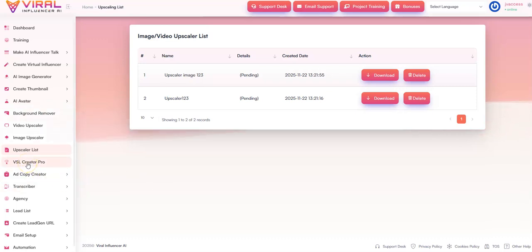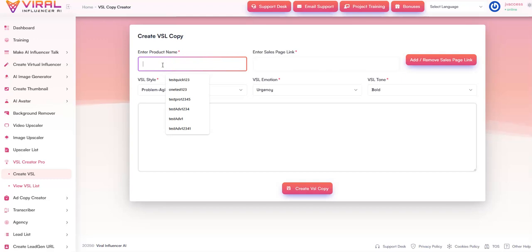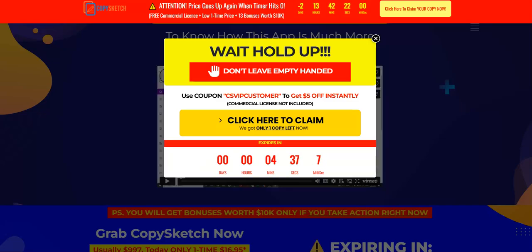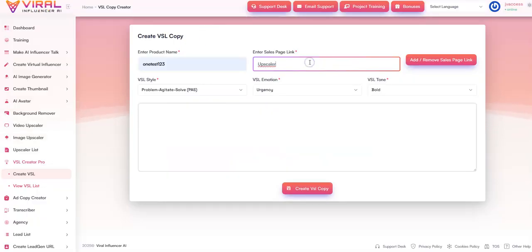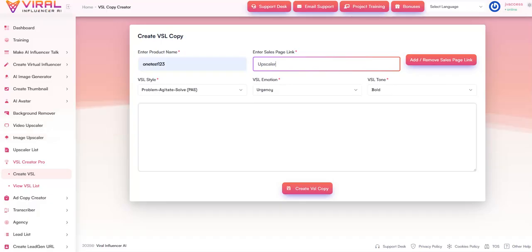VSL Creator Pro. So you can get started by creating a VSL. I'll just name a product over here, test 1 2 3, and over here I'm just gonna take a URL from copy sketch. I'm just gonna put that over here. Okay, and over here we have got